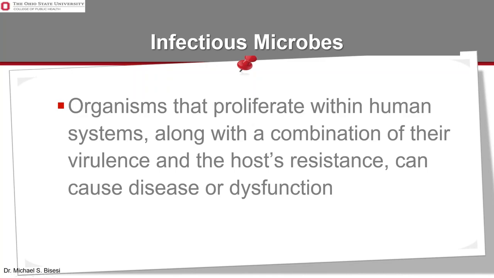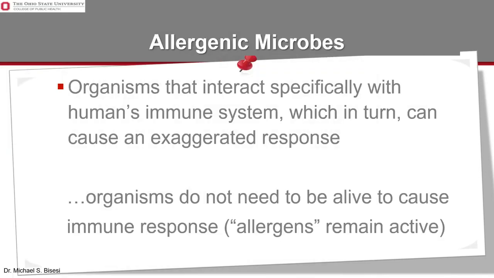For example, a respiratory infection or a gastrointestinal infection doesn't mean simply that the organism is present in that system, but it implies that there's been proliferation resulting in colonization of those organisms. And then that, along with the virulence of the organism and the host's immune response and resistance to infection, is related to the potential to initiate disease or risk of initiating disease. And again, we'll be coming back to this throughout.